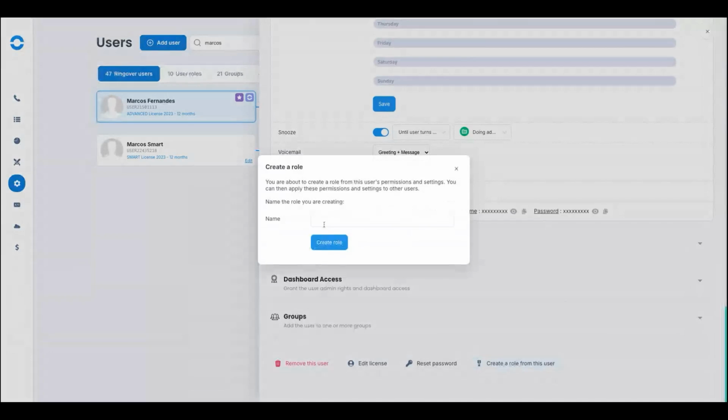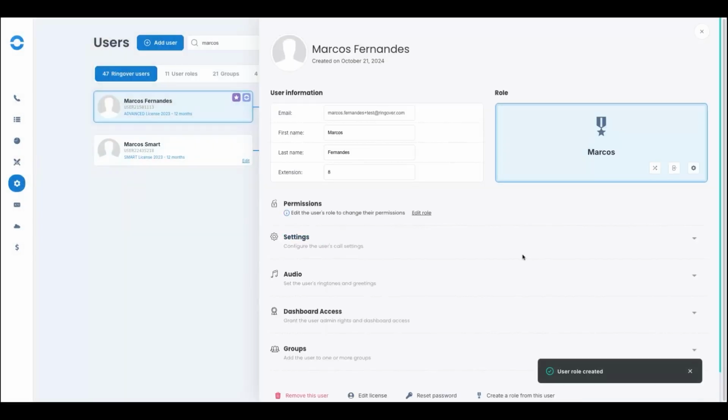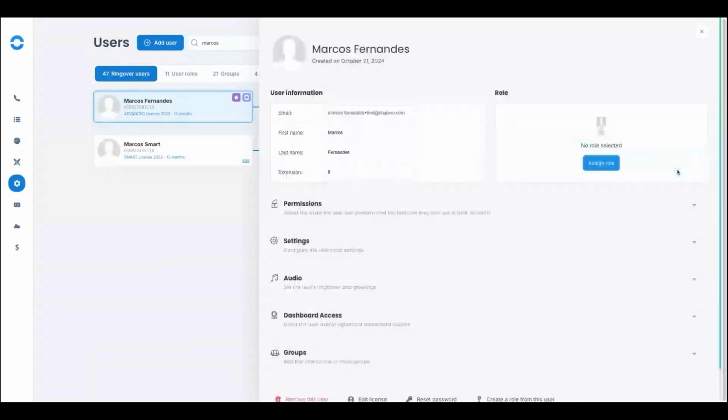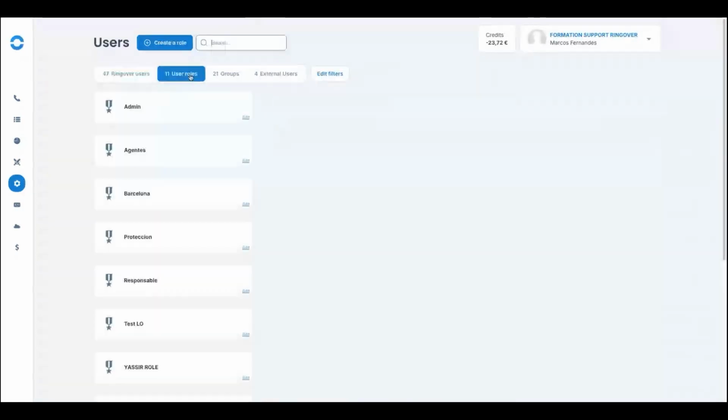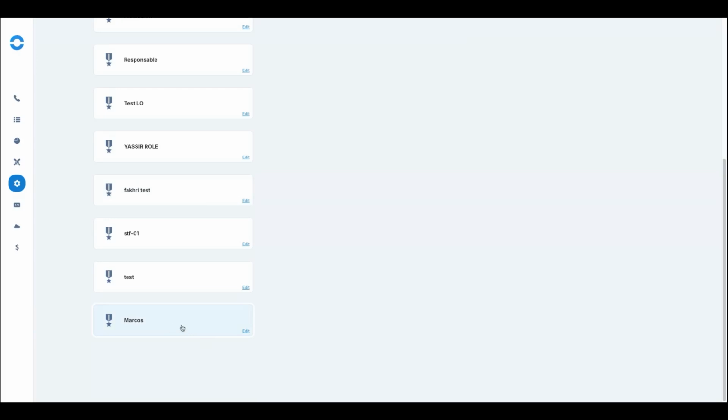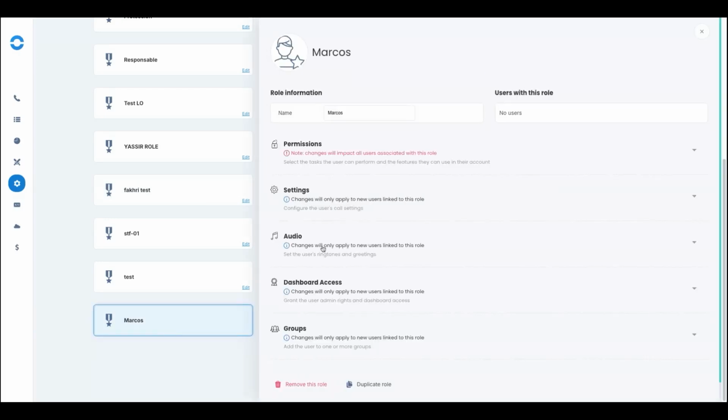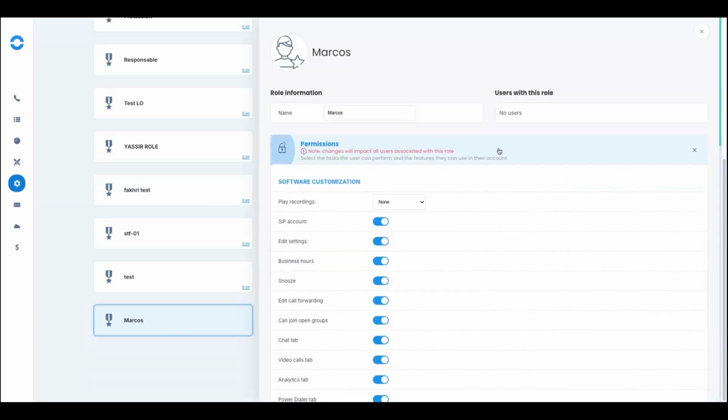So by clicking here, I can type Marcos role, create a role. So my role is created. It's already assigned to Marcos. I can apply another role if I want to. I can unlink the role and I can edit the role. So I'm going to do this and I'm going to come here and I can find my role here. So I can edit my role from here. So pay attention